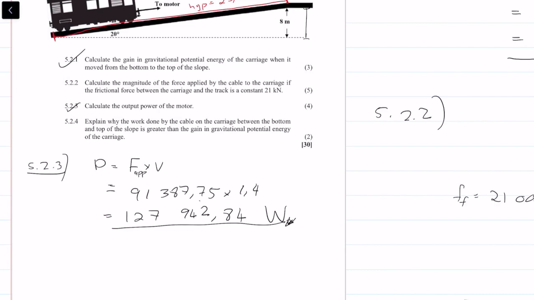Then the question says 5.2.4. Explain why the work done by the cable on the carriage between the bottom and the top of the slope is greater than the gain in potential energy. So what is the reason? There are quite a few reasons we can give. One of the reasons is we can say something like, when we're applying the force, some of the